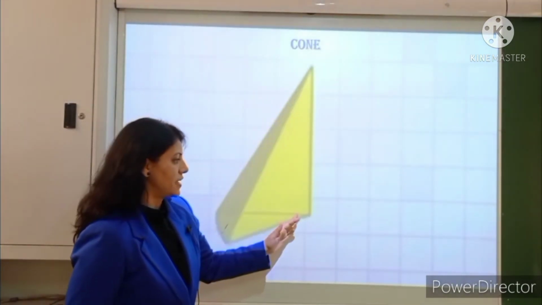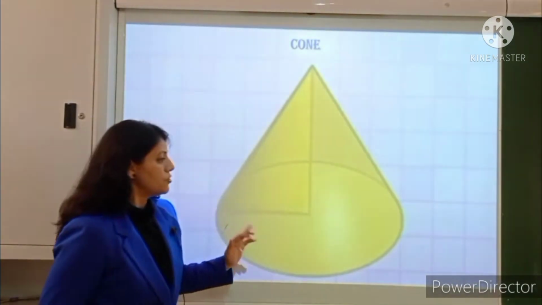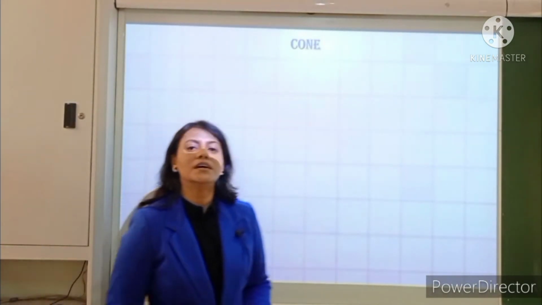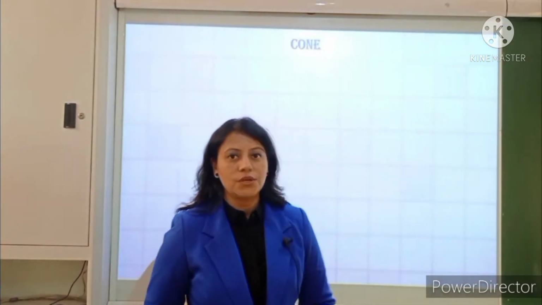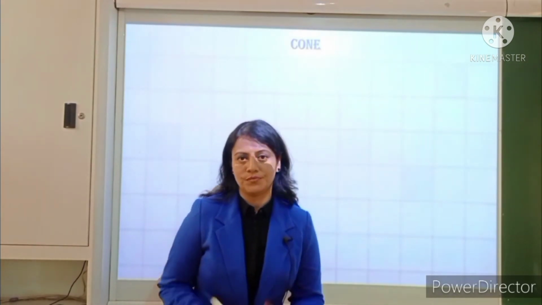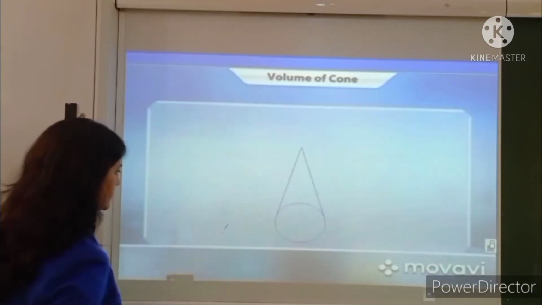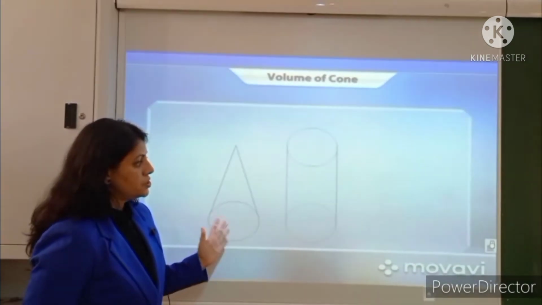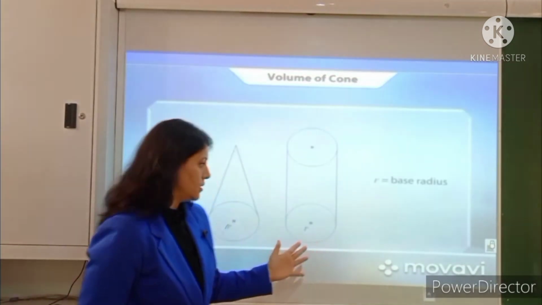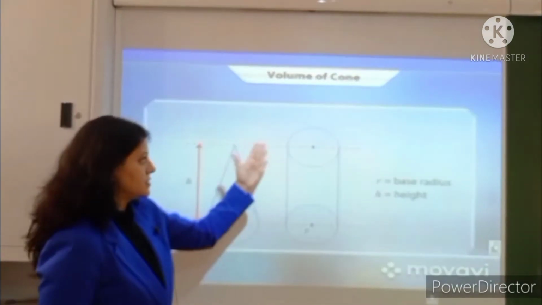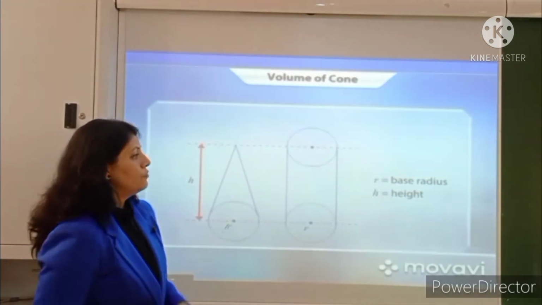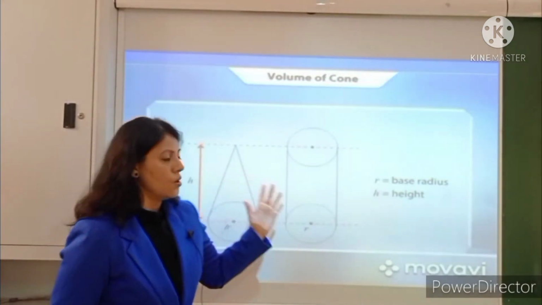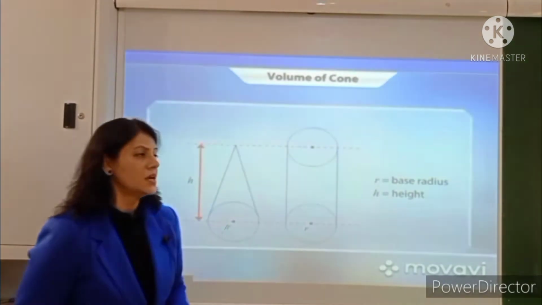If we take a right triangle and rotate it along one of its perpendicular sides, we obtain a cone. Now, let's find out how we get the volume of a cone. To calculate the volume of the cone, we need to compare it with that of the cylinder of the same base radius and same height. For this purpose, we need to take a hollow cone and a hollow cylinder, but we